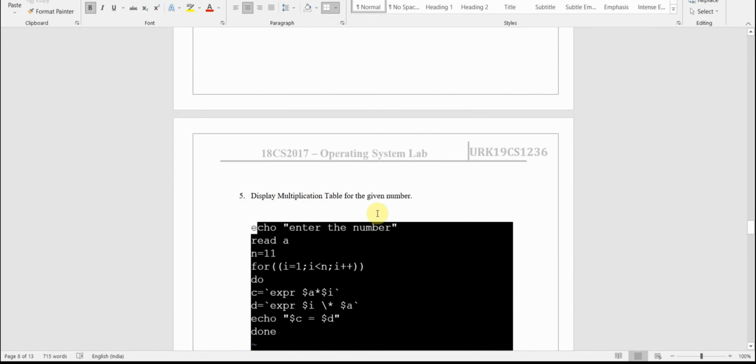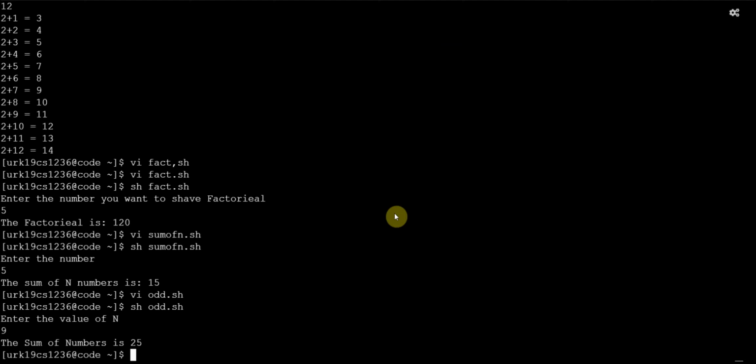Display math multiplication table. Okay, multiplication table is nothing but if I enter 2, it should print the 2 table. So for that we have mult table dot sh. In the beginning I have to initialize in vi.